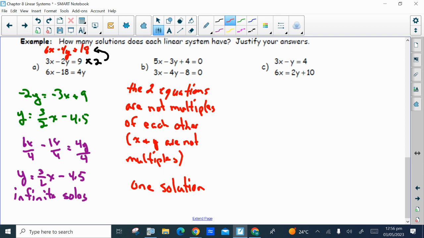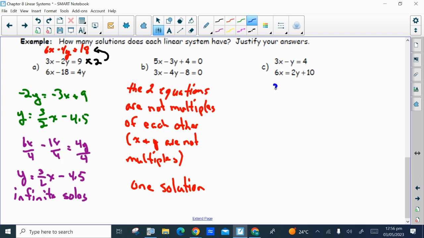So this is certainly easier than actually putting both equations in slope-intercept form to see what the slopes and y-intercepts are. If all you're asked for is how many solutions there are, this is all you have to do. Okay? So for question C, I'm going to put the top equation in the same order as the